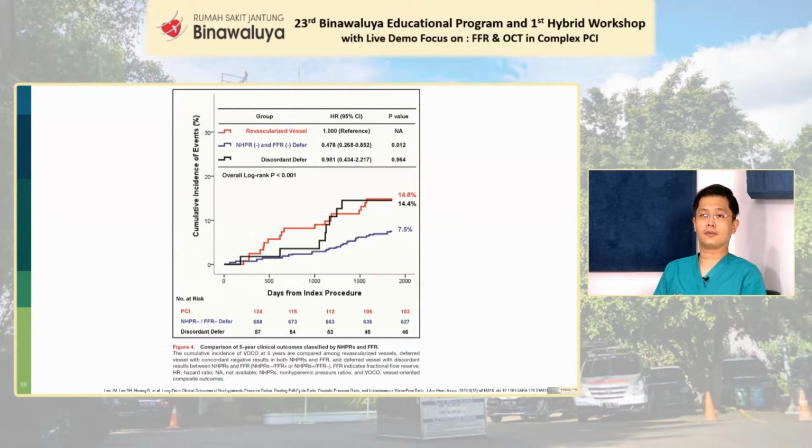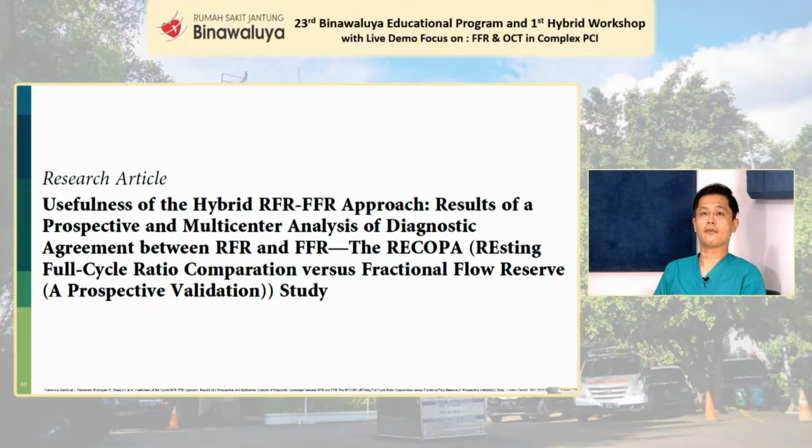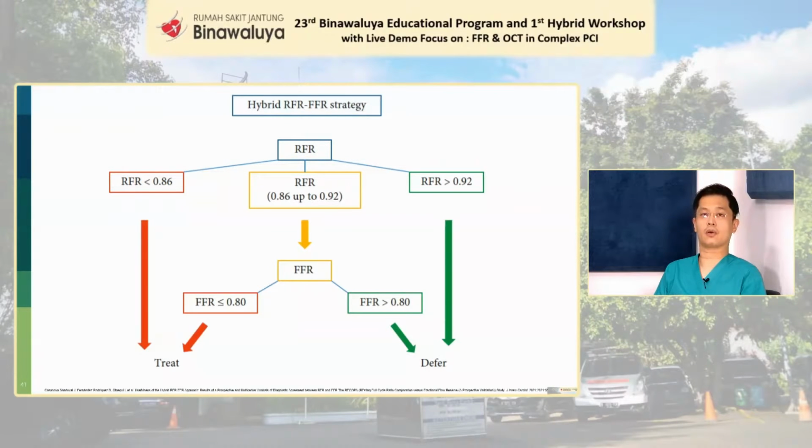But by and large, for me personally, I would always rely on the FFR as a hyperemic ratio for the purpose of decision making, as well as for the tiebreaker in decisions whereby it can go either way because of the initial discordance. And therefore, given the presence of discordances, technically based on the RECOPA trial,